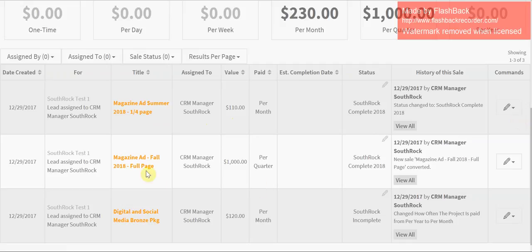We have the magazine ad for the fall of 2018, which was a full page. That was $1,000 per quarter. We can see that $1,000 per quarter here. That was completed. We also have a digital and social media bronze package. That was being paid $120 per month, and that's incomplete because that package is still progressing throughout this year of